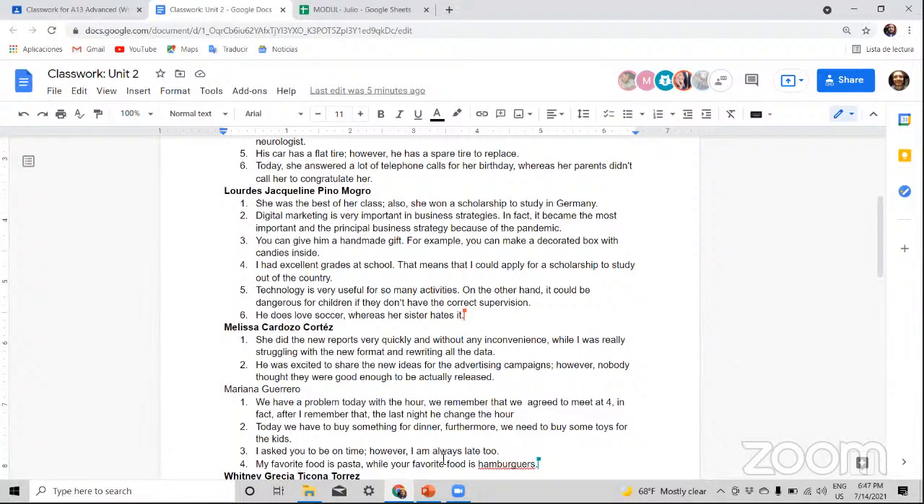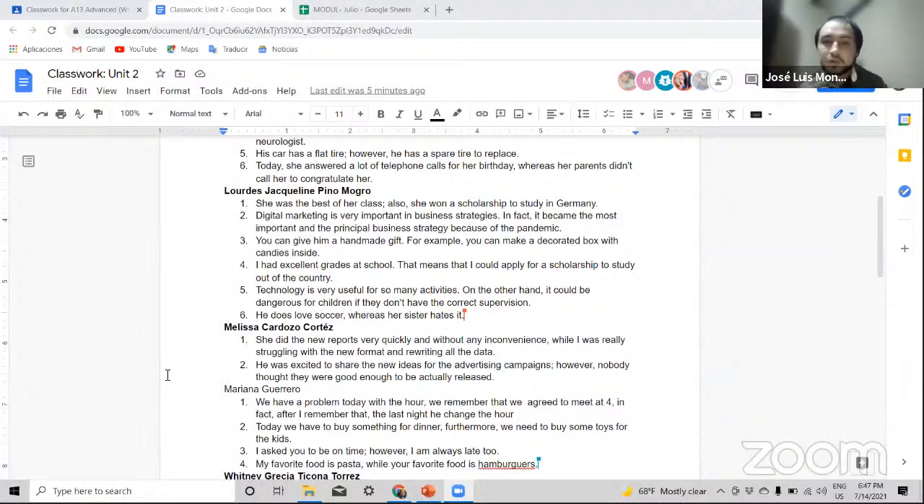Okay, technology is very useful for so many activities. On the other hand, it could be dangerous for children if they don't have the correct supervision. And he does love soccer, whereas her sisters hate it. Great, there you go, Lourdes. Again, I see no mistakes over here. They are being used with the right punctuation, as you're doing here, right? Semicolon or period, it doesn't matter. It depends on the emphasis you give or the